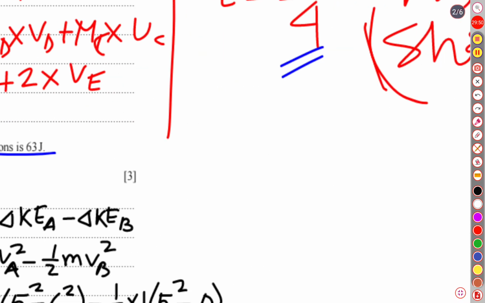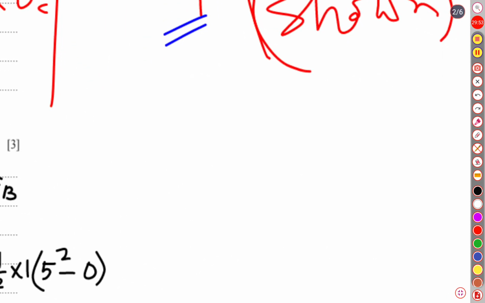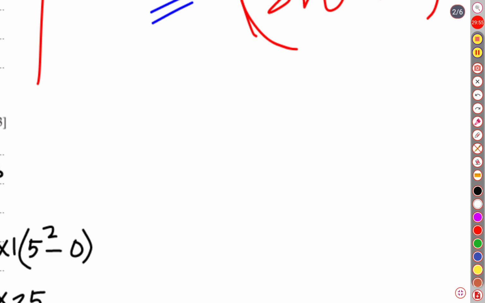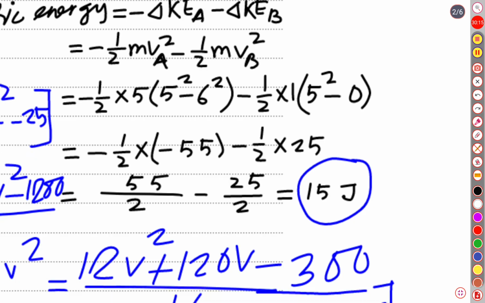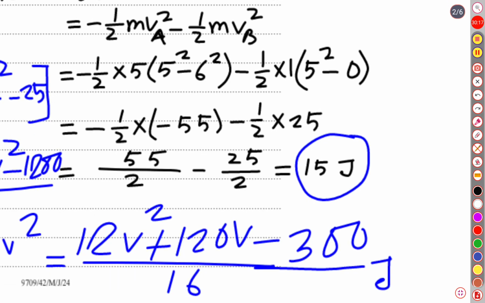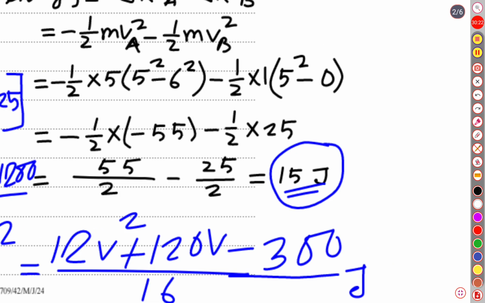So we will just write it down using a different ink. Total loss is equal to 63 joule. Well, so first, the loss of kinetic energy after the first collision was 15 joule. This is 15 joule. So we will write 15 plus